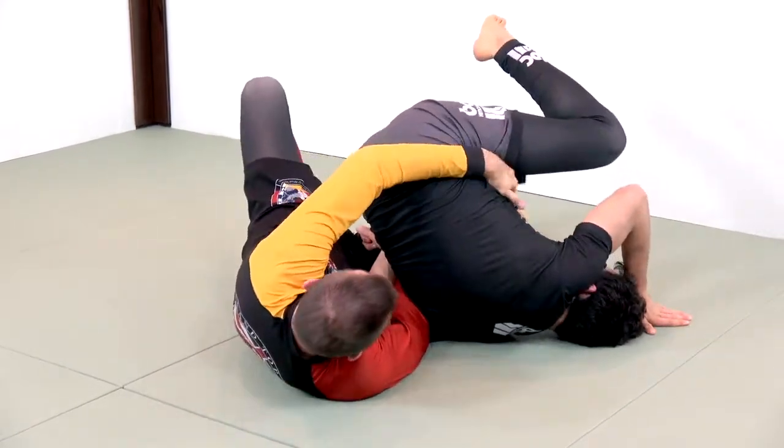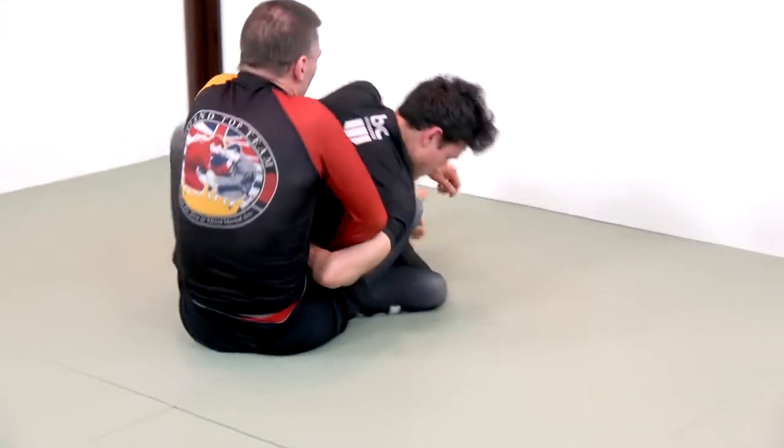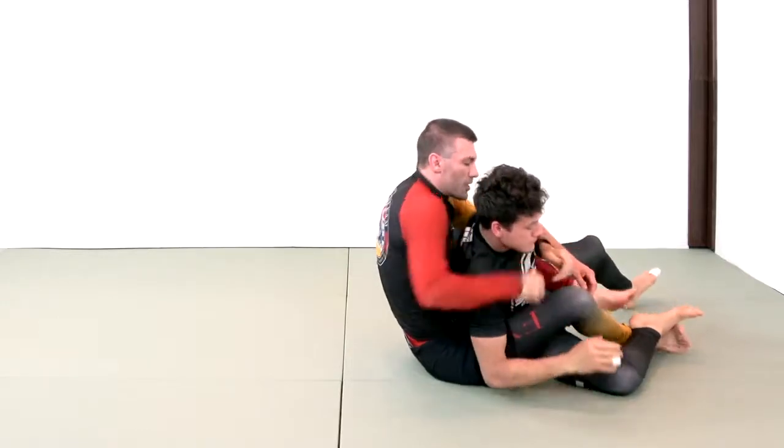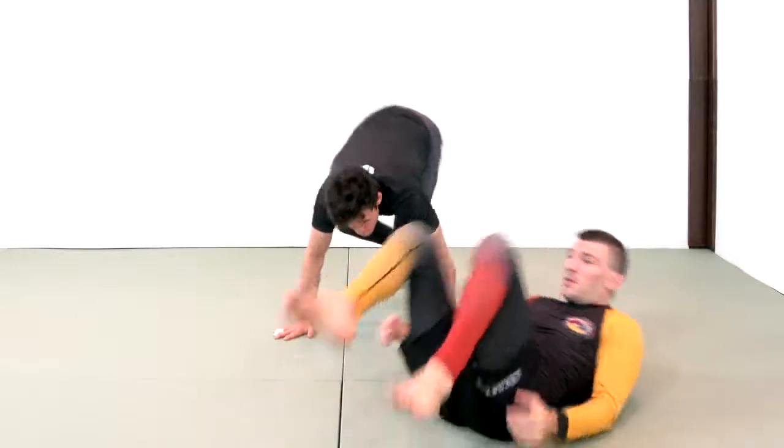We'll give you another angle on that in a second. And you'll notice because my elbow is sucked in, Matt is trapped, I can take his back. That twister hook switch, just so you can see from this angle,